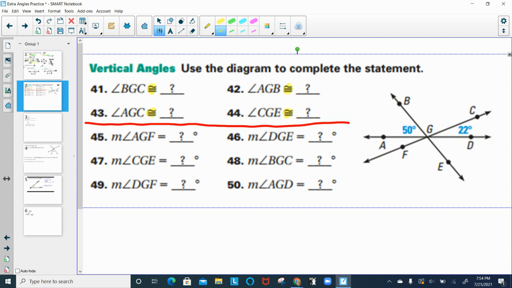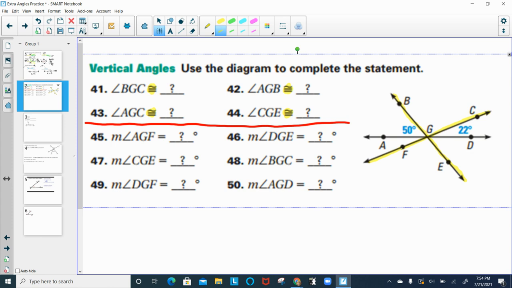And then you got confused. So when they say angle BGC is congruent, that means it's going to be congruent to another angle because it's an angle. So we want to look for